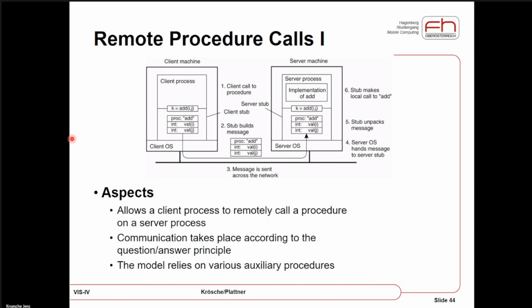I can't really tell you what the protocol does internally, but imagine this only works when you need to make dead sure that you have the same method defined on the server side and on the client side. And if you don't know what method is available, and we will see some middleware technologies where the client doesn't know what method is available, then it needs to know the name of the method. And one is not the name of the method.